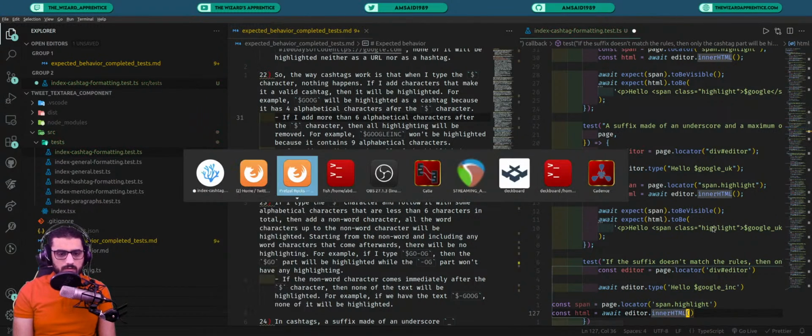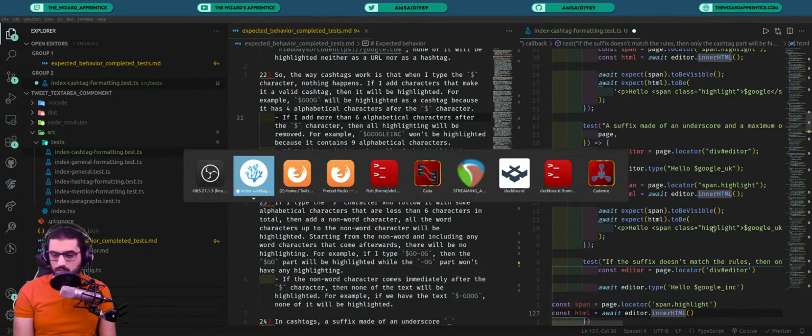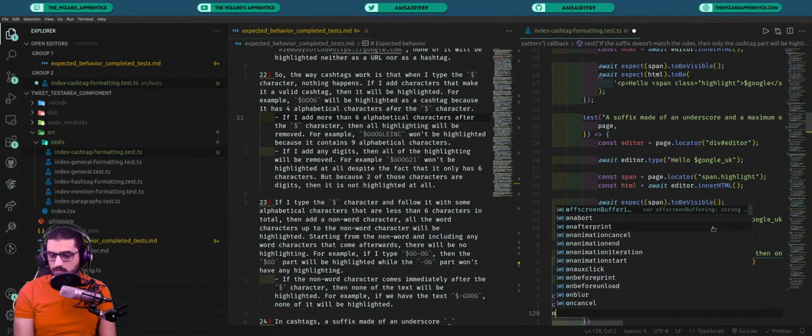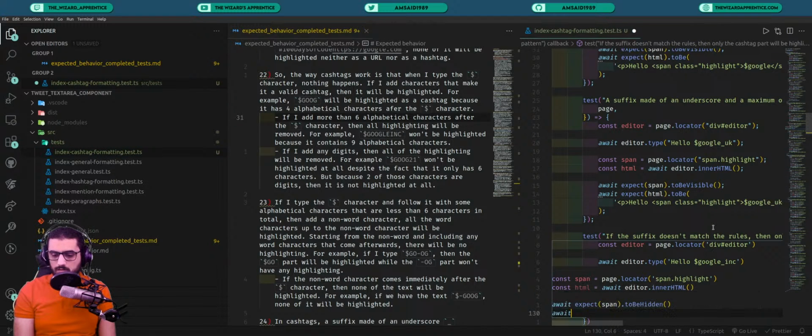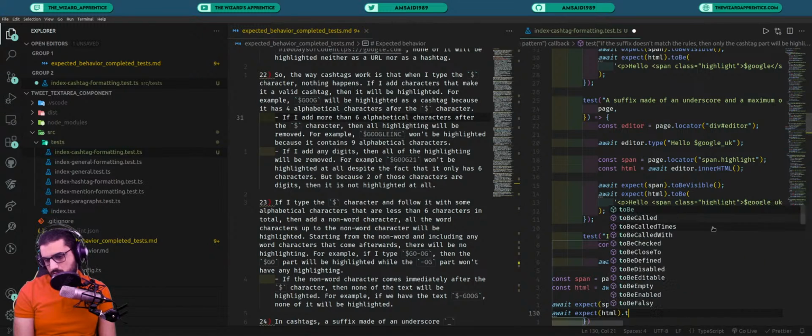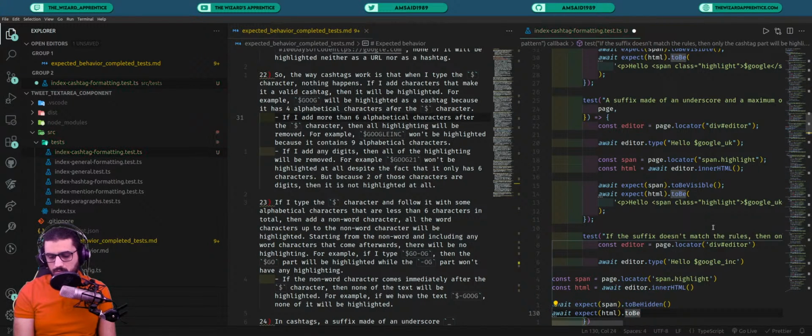Let's remove that, and await expect span to be hidden, and then await expect HTML to be